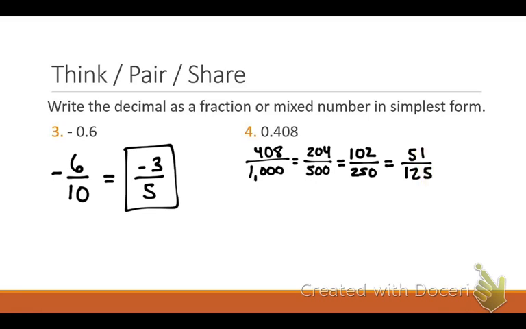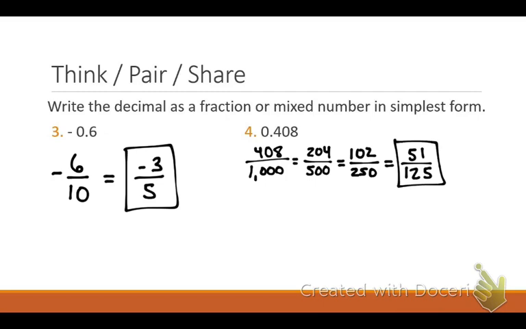Are these both still even numbers? No. So we know a 2 can't go into both of them. Is there any other number that can go into a 51 that can also go into a 125? No. Here's an interesting thing. She said a 3. Here is a fact of how you can figure out if it's divisible by 3. Add up the numbers. What's 5 plus 1? 6. Can a 3 go into a 6? Yes. Okay, so let's try the denominator. 1 plus 2 plus 5 is what? 8. Can a 3 fit into an 8 evenly? No. So that means 125 is not divisible by 3. Therefore, your final answer is